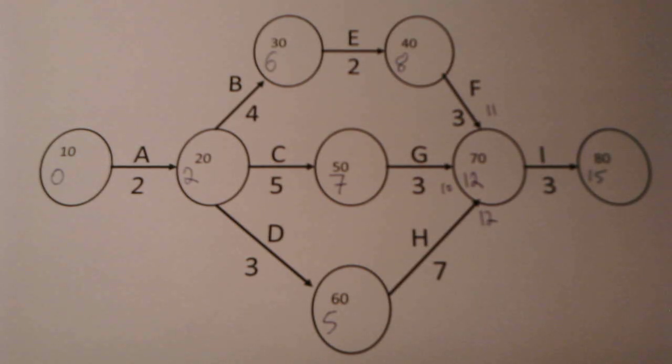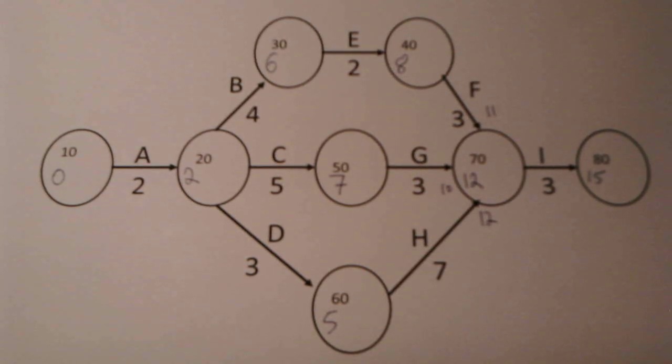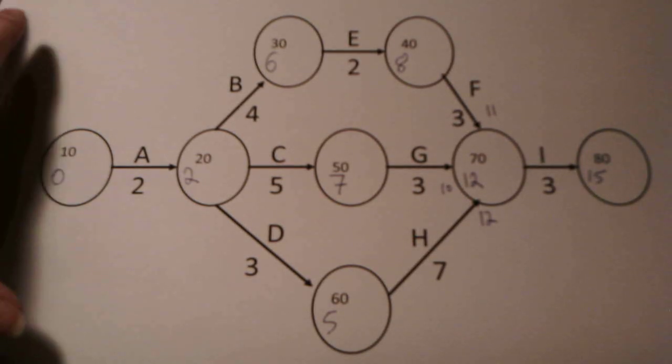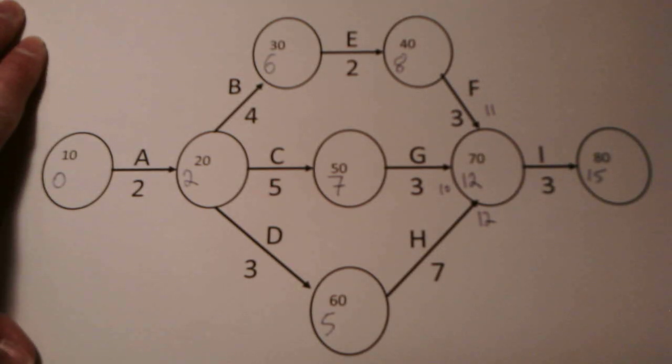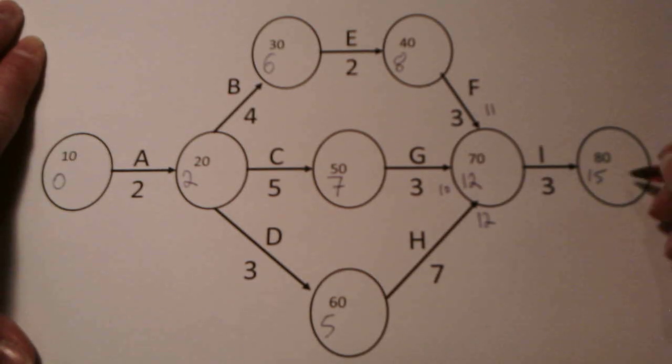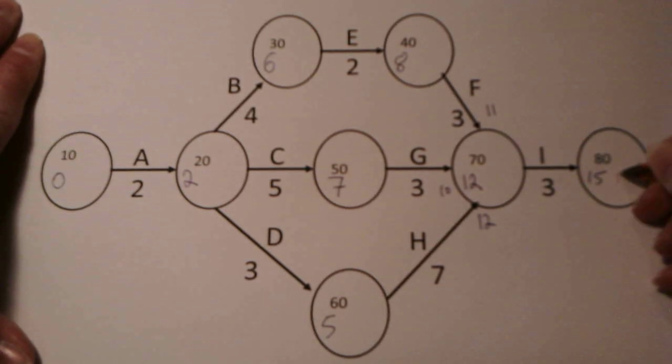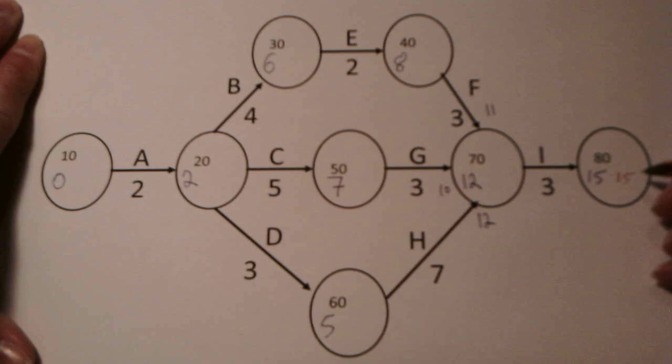Now we're going to calculate the latest event time. That means we need to go from right to left through the network diagram, identifying the latest time at which it is possible for each activity to start without the project running late. So we already know the project finishes at time 15, so we'll add 15 as the last value in the